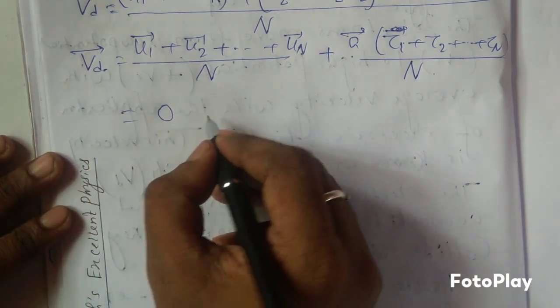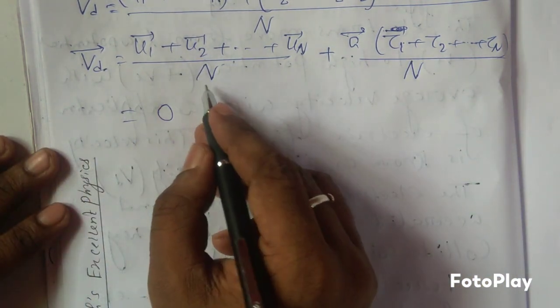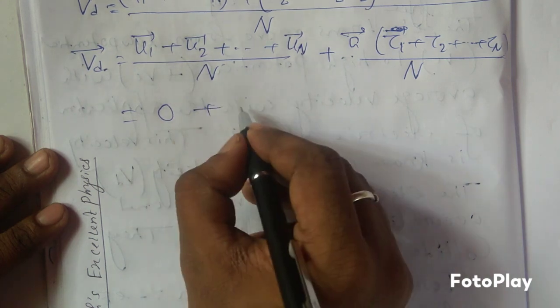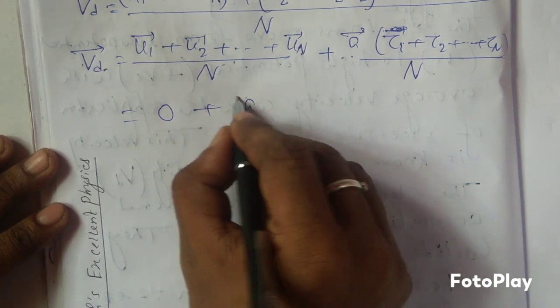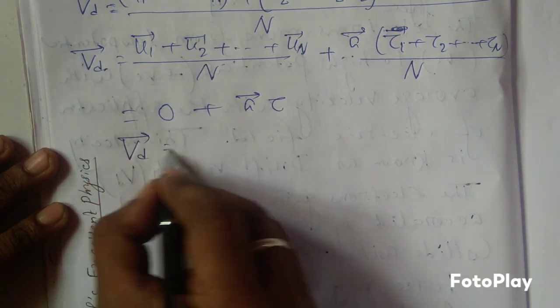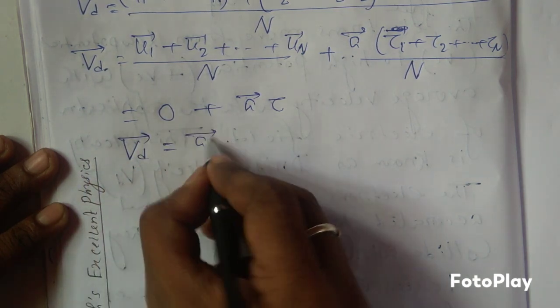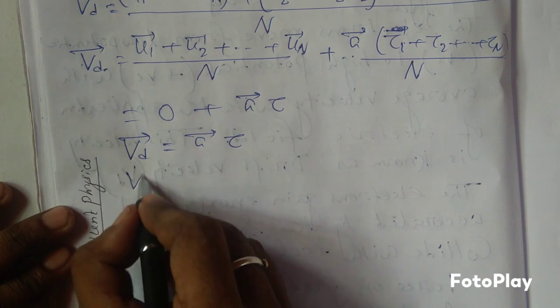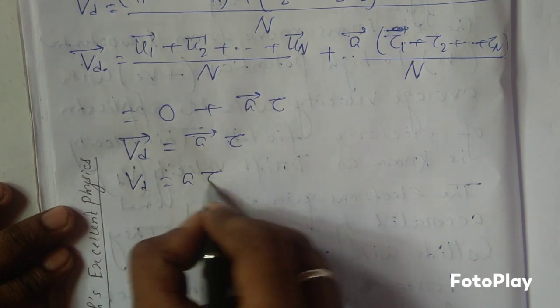The first term is 0, which we proved previously. The remainder is known as A tau. So Vd is equal to A tau in magnitude,